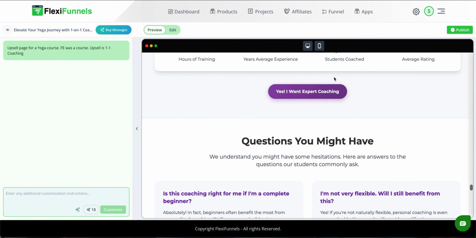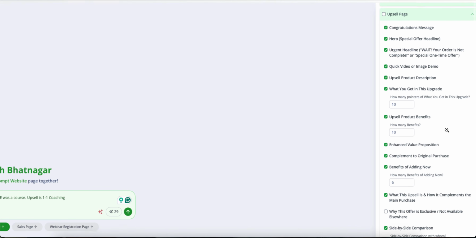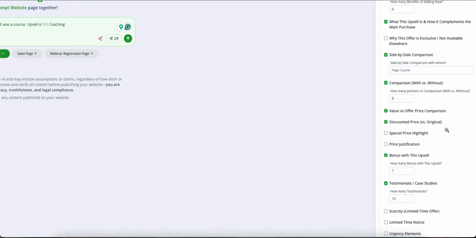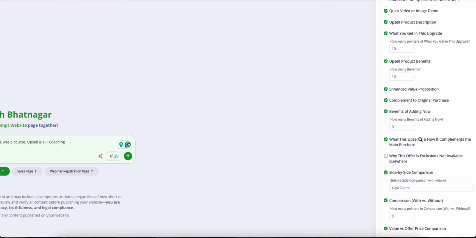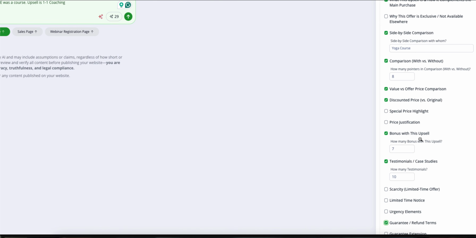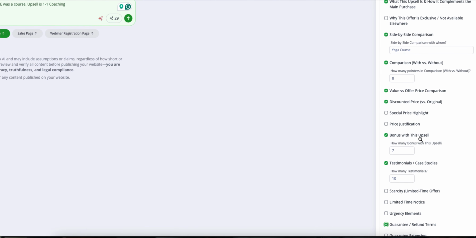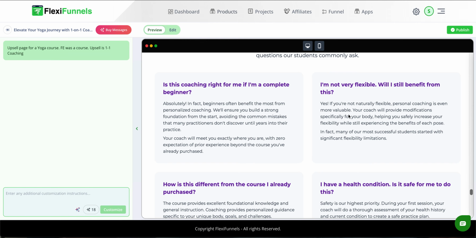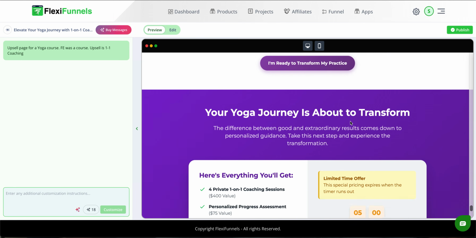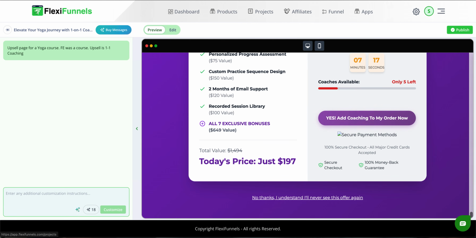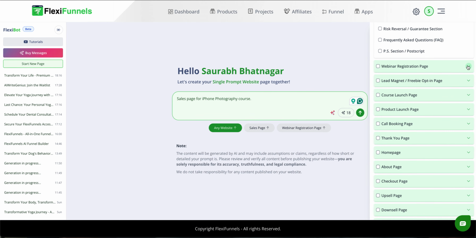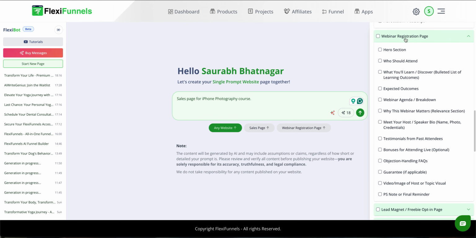And then I was selecting. I believe I would have selected FAQ as well. See, testimonials were selected, and a bonus with this upsell. Let's see if I had selected FAQ or not, because even if I have not selected, it can still come. That's what I told you. AI is still going to do the job for you, so it's still going to create a perfect page for you, but the things that I select are definitely going to be coming, and this gives you a perfect idea and a perfect detailing of what all sections should be there on a particular page, so that you do not miss out on anything.